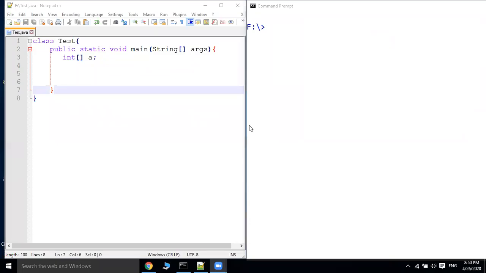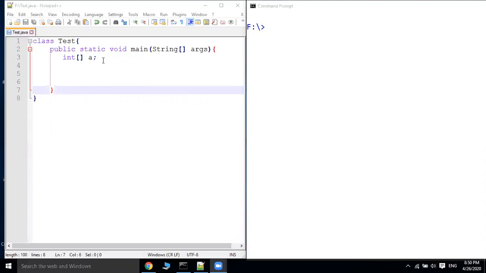Welcome back. In this class, we will see how to use one-dimensional arrays. In the last class, we discussed what a one-dimensional array is, how to declare it, and how to initialize its elements. In this class, we will see more about the uses of one-dimensional arrays. Let us start the discussion with static initialization, as I told in the last class.